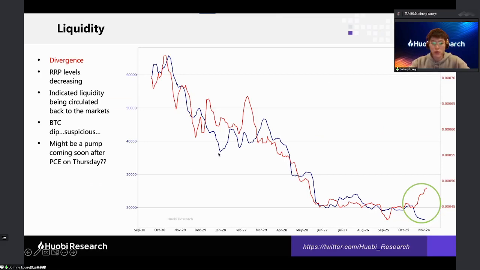Just like what we saw back in January 2022, the inverted RRP increased. We saw a spike there, and then another spike there, and then Bitcoin's price reacted afterwards. It's very clear, right? The inverted RRP dropped significantly, and then Bitcoin's price collapsed as well. The inverted RRP went sideways here since June, and Bitcoin also went sideways into a consolidation phase. But we are now seeing something abnormal, a little bit strange and weird, because we have not seen such a divergence back then, right?